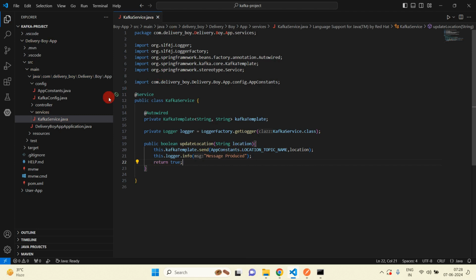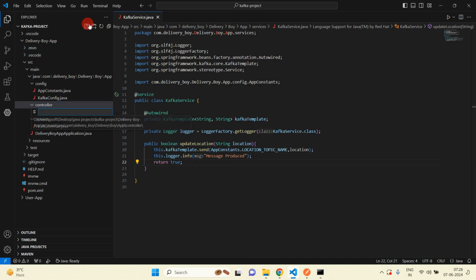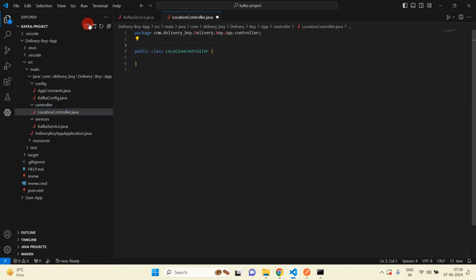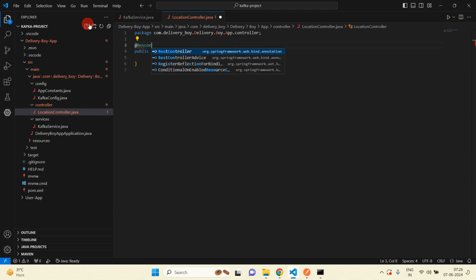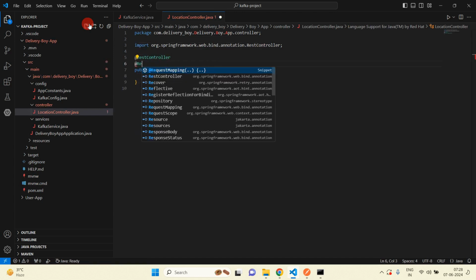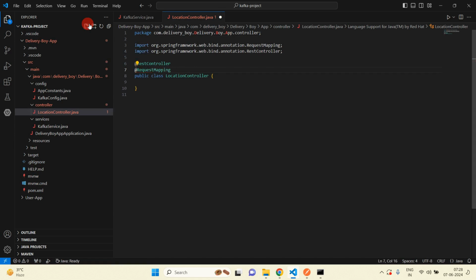Now I am going to work on our controller. So just create one controller here, that would be LocationController.java file, and inside this we will have to import RestController first, and then we will use RequestMapping here, and inside this RequestMapping after the API we will use location.